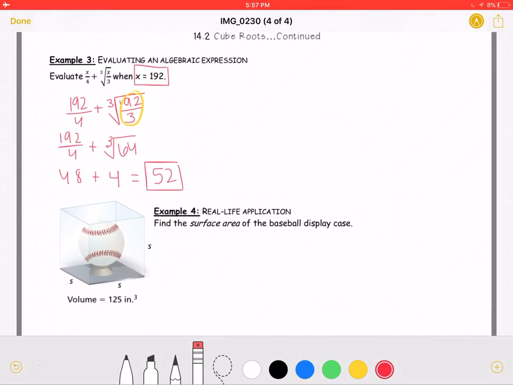Again, just like in the first lesson, example 4, our real-life application problem, I'm going to skip it just for the sake of time, and also I don't want to stress you out at home. You know, it's talking about volume and it's talking about surface area, and we haven't really